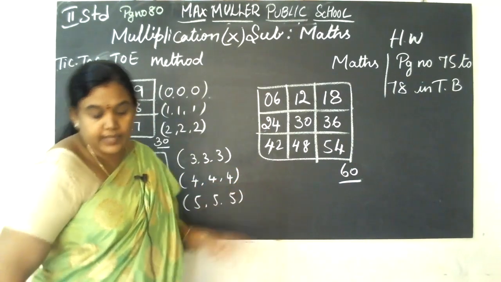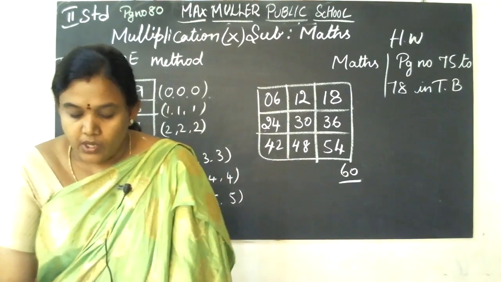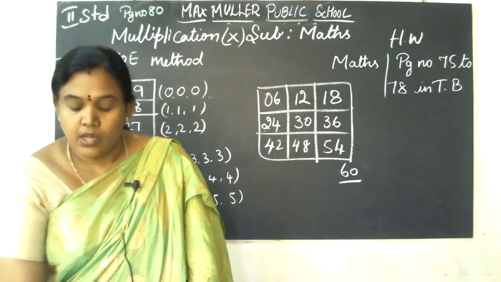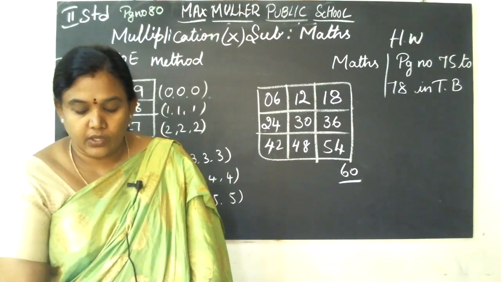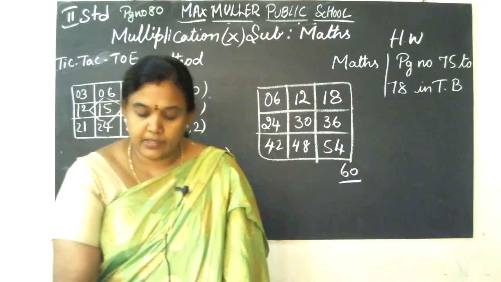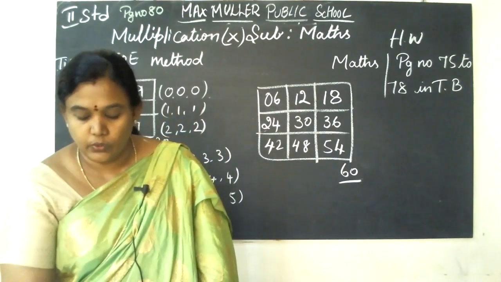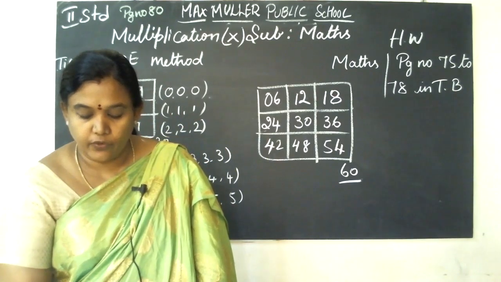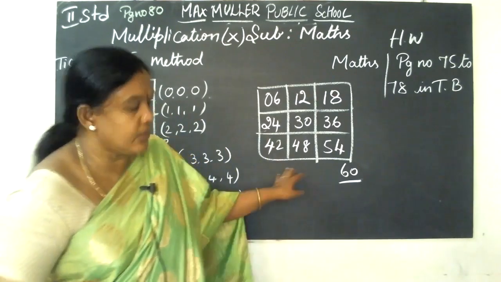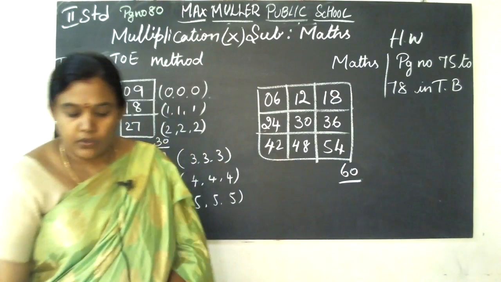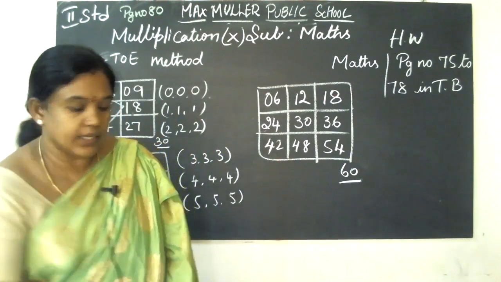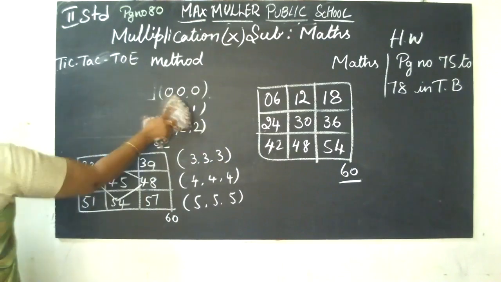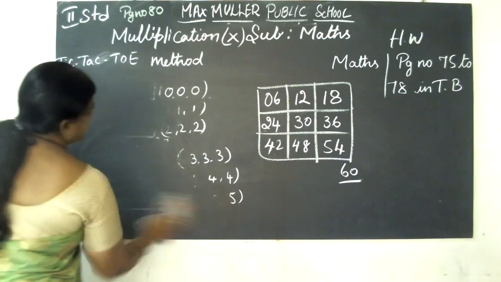Now we will go to the 7s. That same thing only. 7 tables also like that only. In the first column, before the digit you want to write 0, 1, 2. Second column before the digit 2, 3, 4. Third column before the digit you write 4, 5, 6. You can easily do the 7 tables. First you write in the order shown, children. Now we finished the 6 tables. Now I am going to write the 7 tables.